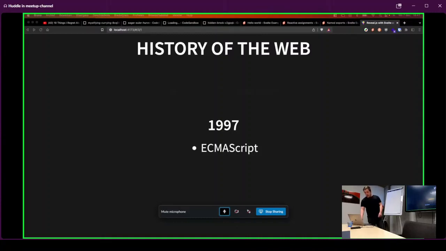And later, in 1997, they first made ECMAScript, the first standard for JavaScript, to give it the same standards for everyone to use,